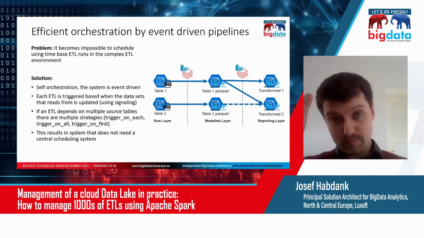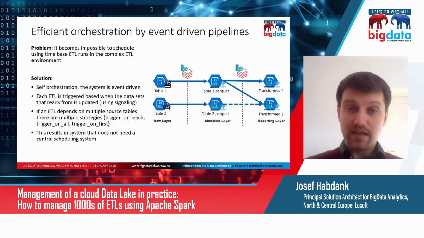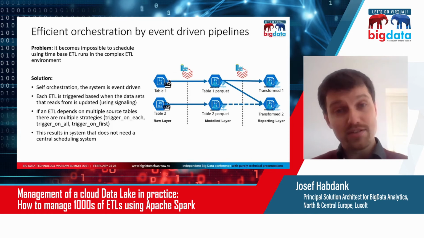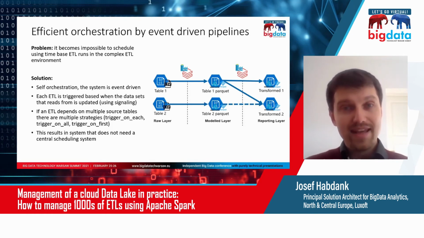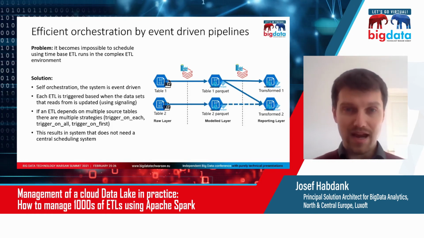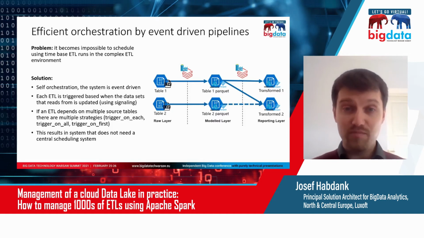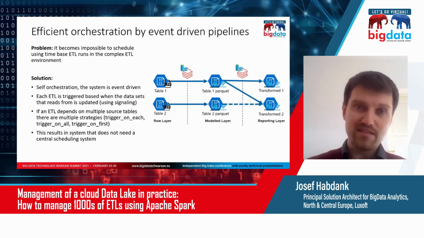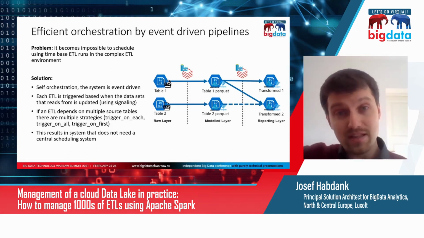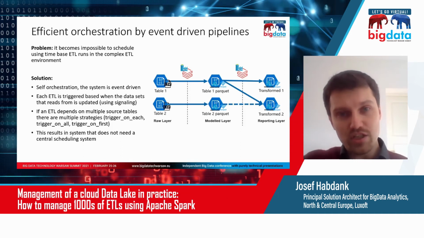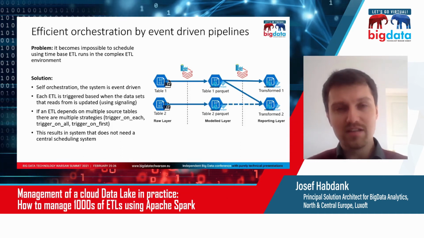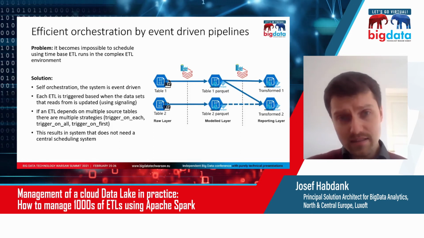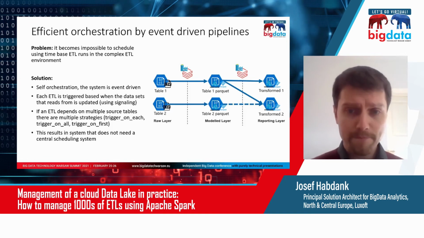So then they get triggered in parallel, they read the data, they do their processing, they write the results somewhere, and as soon as they write the results and the transaction is closed, these data sets emit an event saying, I've been modified. And again, the same thing repeats. So basically, if there are more ETLs down the flow, they'll be automatically triggered in a sequence. As soon as the transaction is committed, it will trigger a new event, and it's going to run the processing.